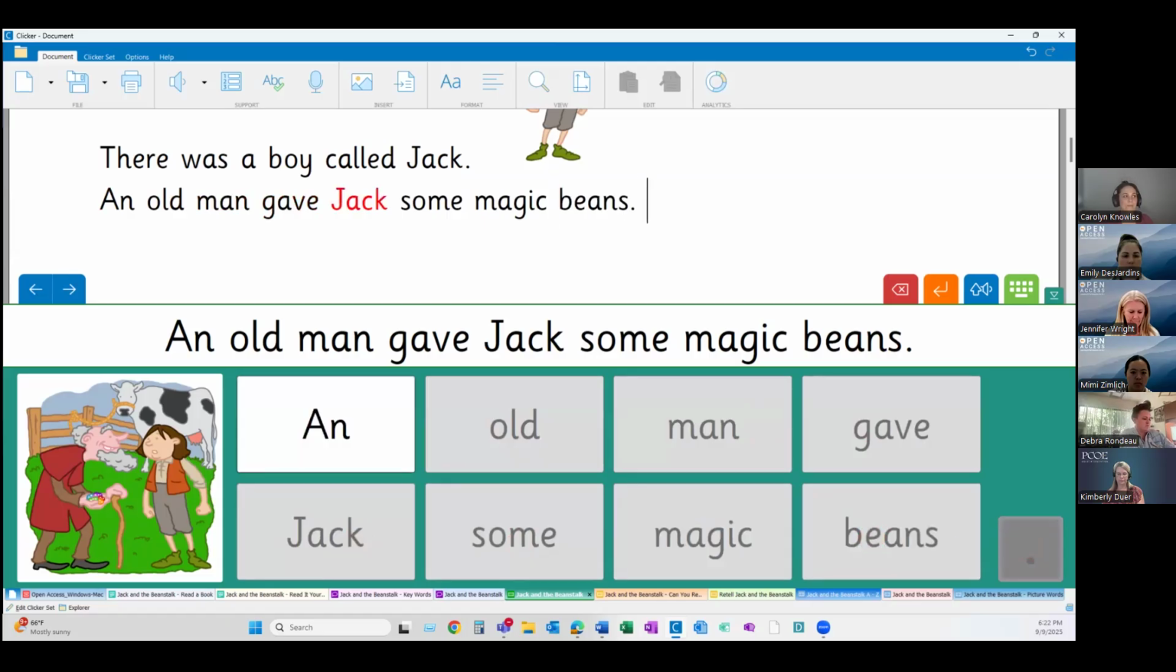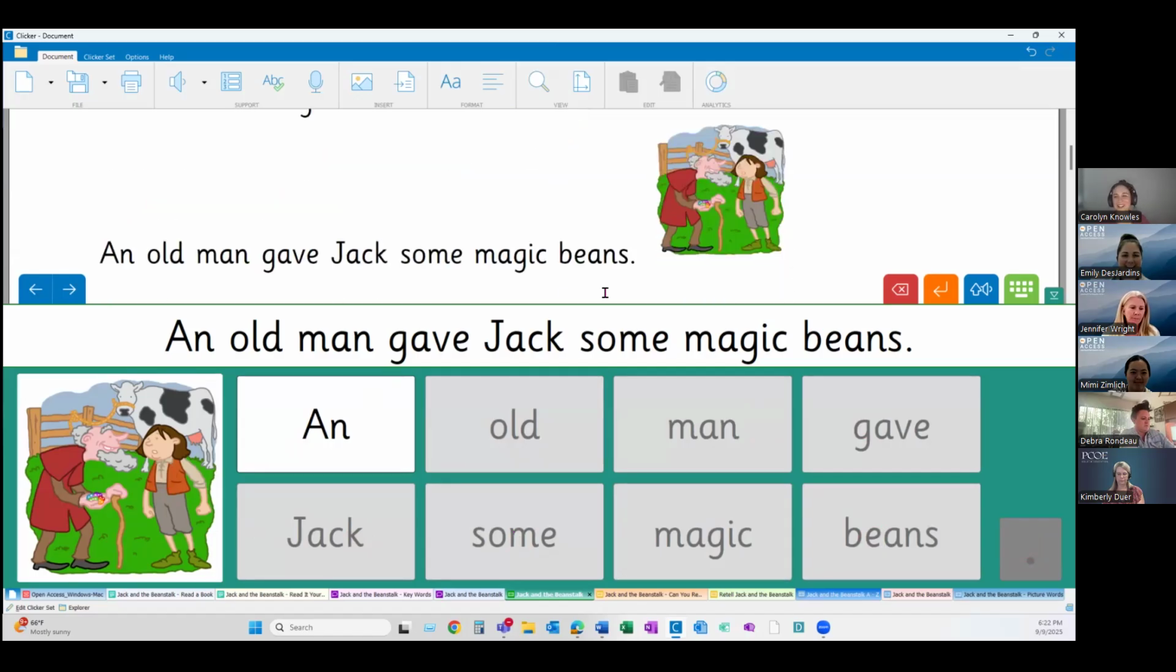An old man gave Jack some magic beans. Promise we won't have to hear that sentence again. But we've created an errorless activity. So again, I'm just trying to show the variety here. You might have some kiddos where random word order works just fine, or maybe they need a model where they're only listening to it, they're not actually seeing it. So you can kind of mix and match for the specific student that you have in mind